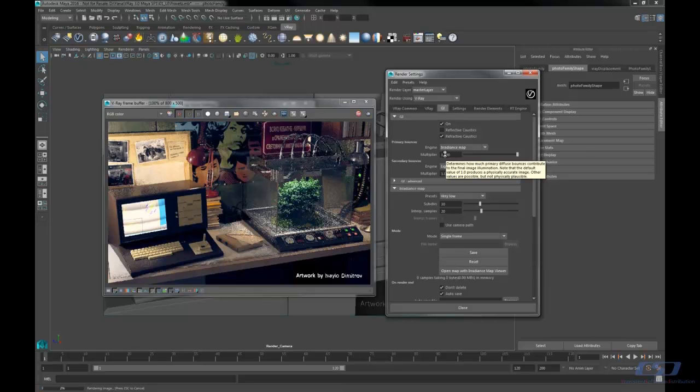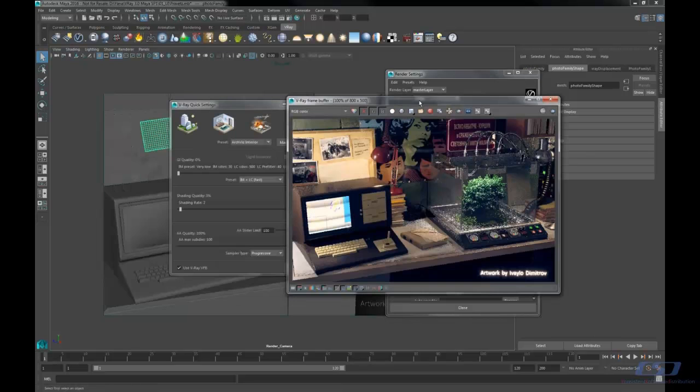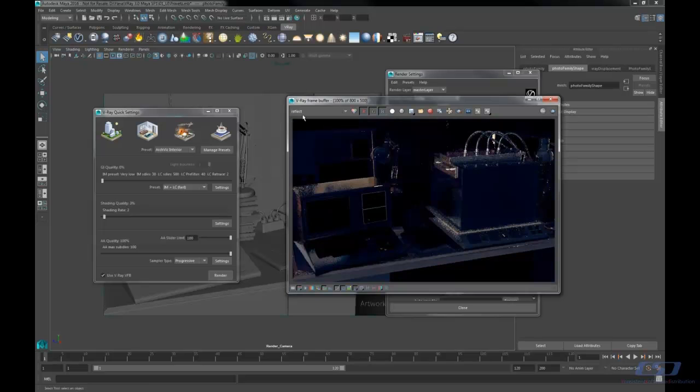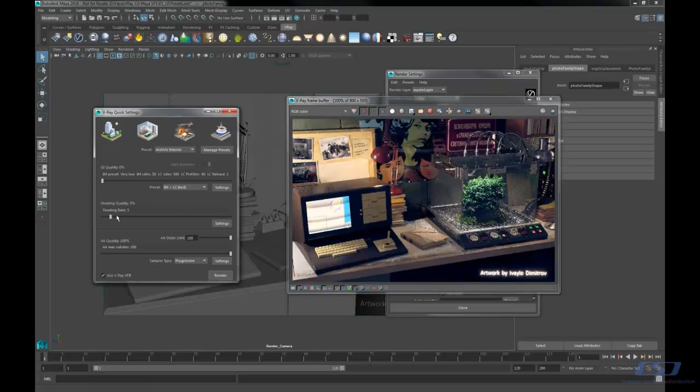And this is the result that I have. I have a little bit of noise, but this is normal because the GI quality is set to 0 and the shading rate is set to 3. And if I want to increase the reflection or refraction quality, I should go a little bit higher. But since I have so many things to cover, I won't render this image in better resolution with better settings. I will jump to my next scene,